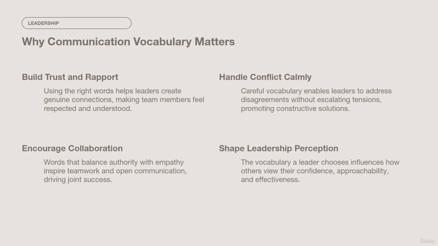So basically when you are speaking, when you're giving a message in English or any language, but we're interested in English at the moment, there are 20 different ways that you can give that message. But the way that you choose to give that message and the words that you use to give that message are very, very important, because the same message given in a different way can have a different impact.